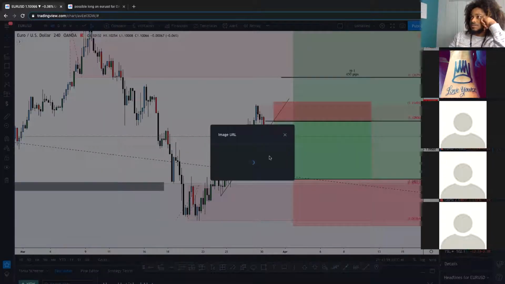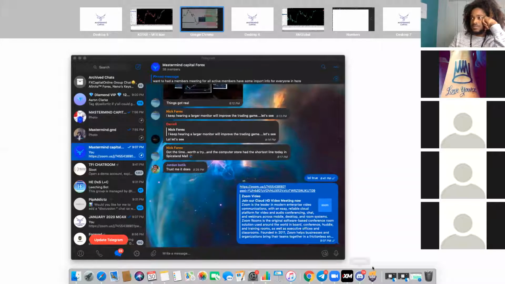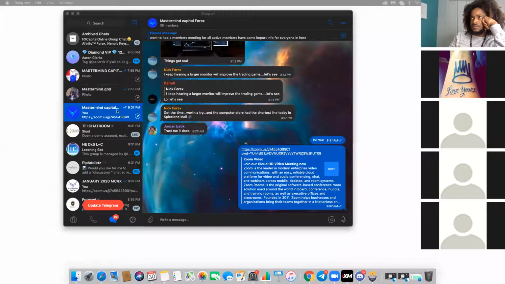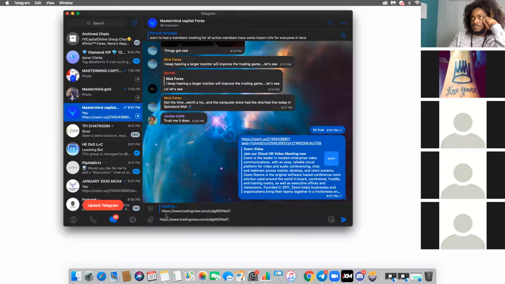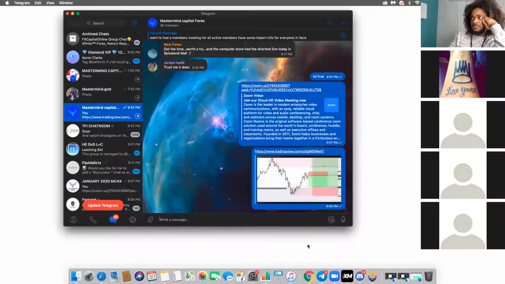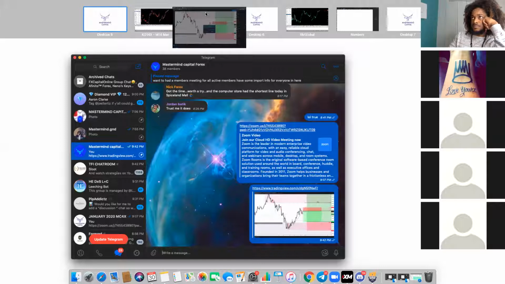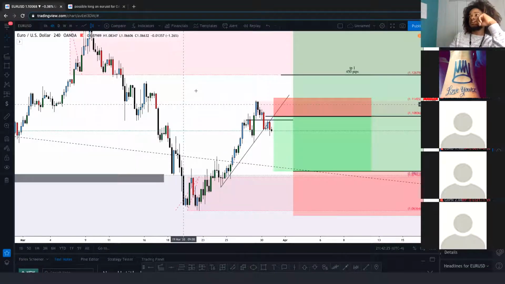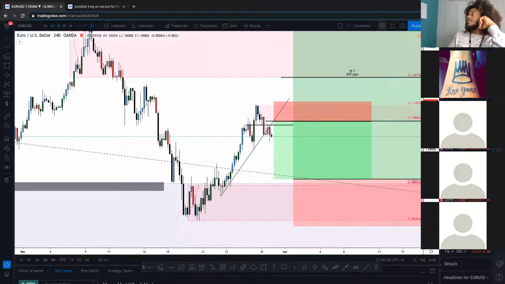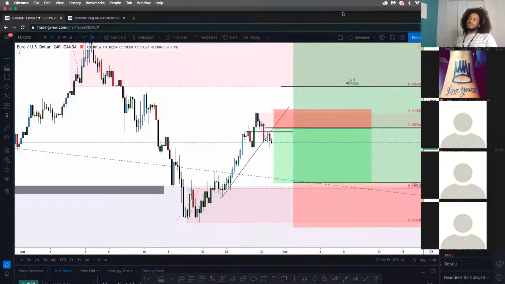Take a look at the chart, or drop it in the chat and see what you can do. But yeah, so we'll do one more pair. We'll do one more pair. Somebody recommended it. If you have any questions or anything,